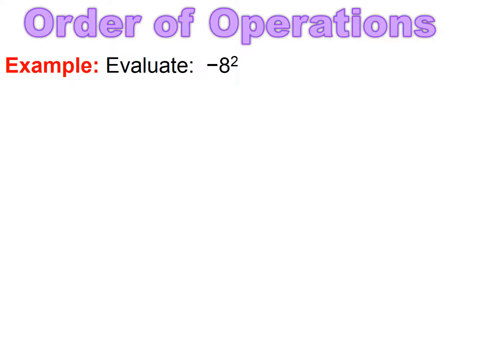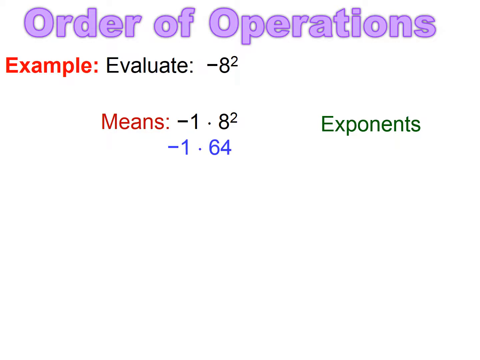But this is different. Because I do not have parentheses with the exponent on the outside, I simply have the exponent attached to the number 8. That negative is not being squared. So when you have a negative attached to a number, but it's not in parentheses, you have to take that negative and treat it like multiplication. You really have a -1 being multiplied to that 8 to the second power. And following order of operations, we have to do that exponent first before we can